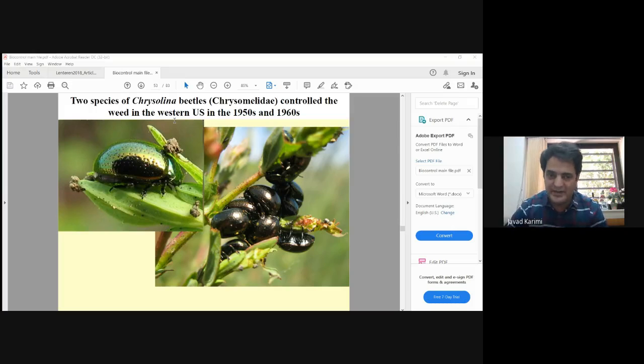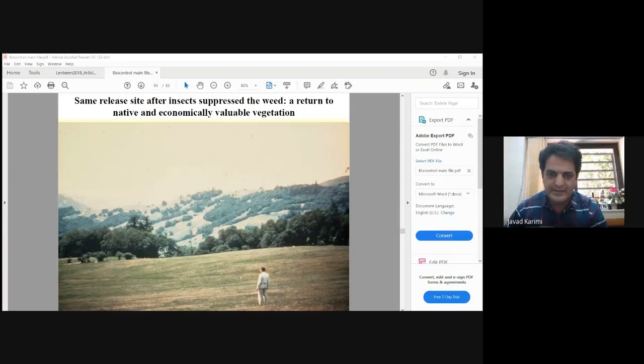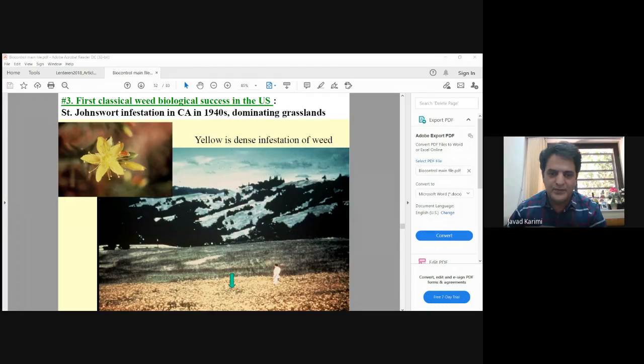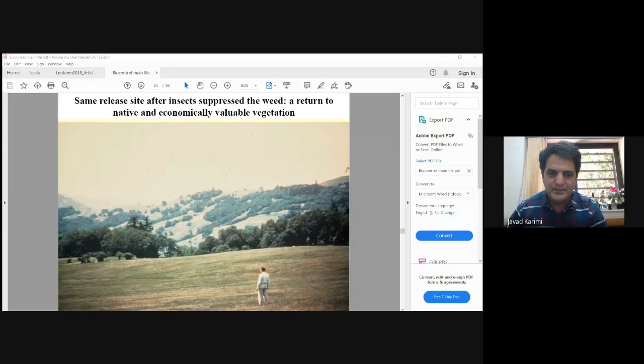from Europe to the United States, the Chrysomelid beetle. This Chrysomelid fed on the weed, and this is the same area, the same region. This is after introduction of the beetle. This is the before. You can see here the beetle completely removed the weed and helped the people to avoid